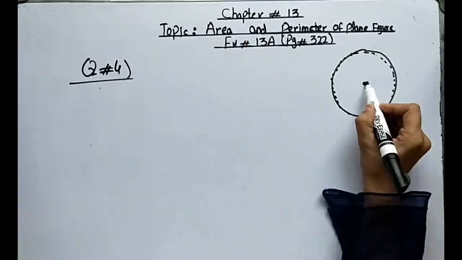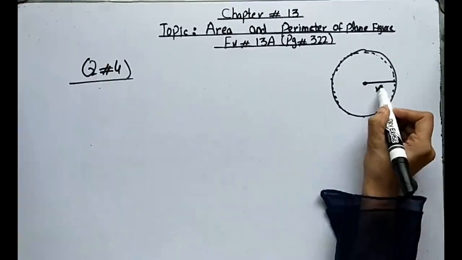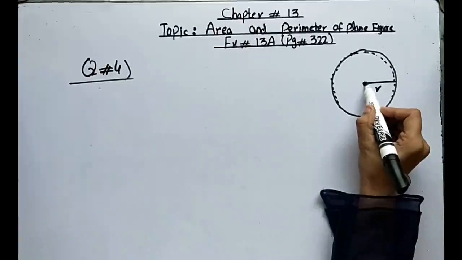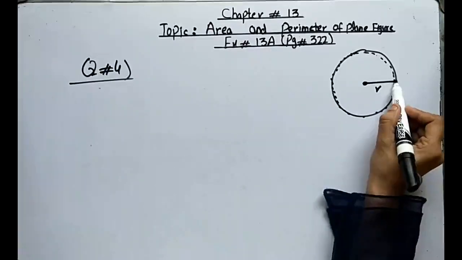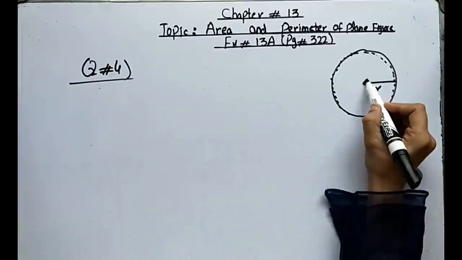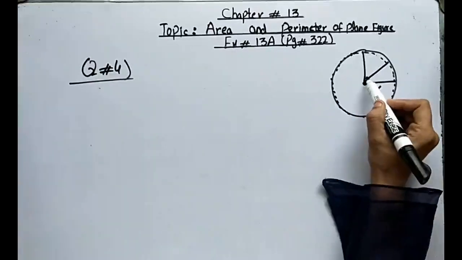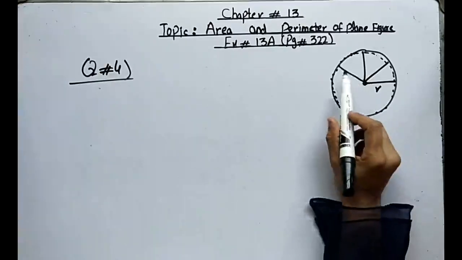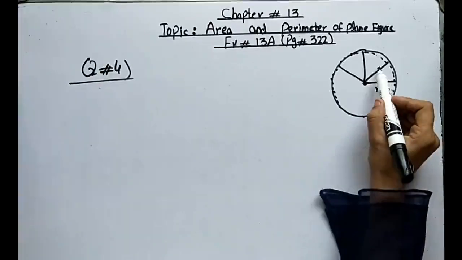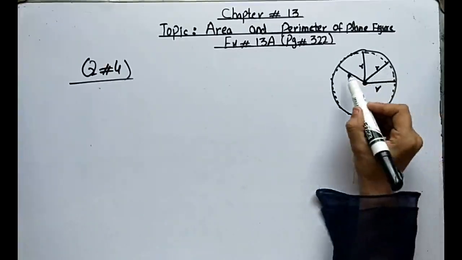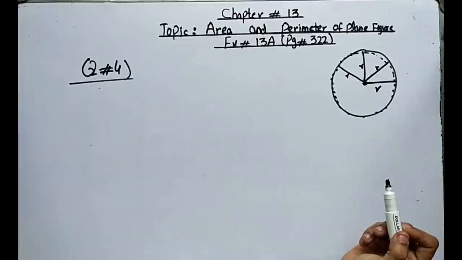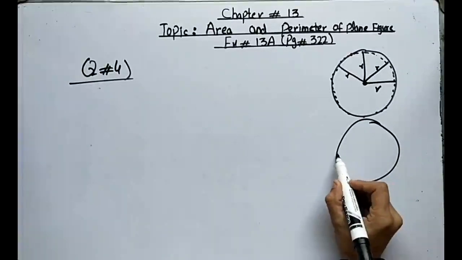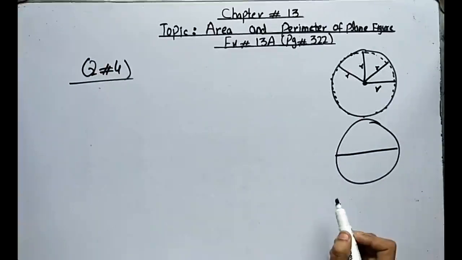So this is a circle and this small line is called the radius. We can define the radius as the distance from the center of the circle to any point of the circle. It may be this one, maybe this one, it may be this one, any point. The distance from the center to any point of the circle is called the radius. This one is also called the radius, this one is also called radius. Got it, beta? And the diameter means a line that cuts a circle into two equal parts.